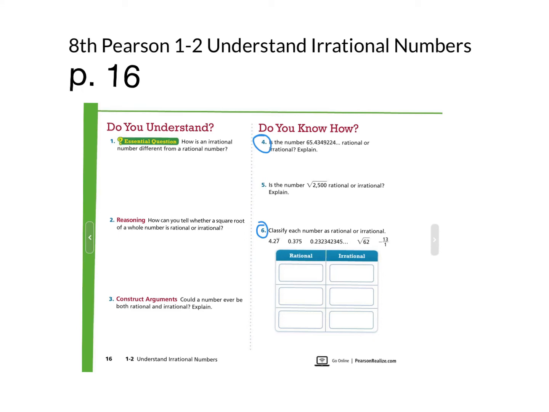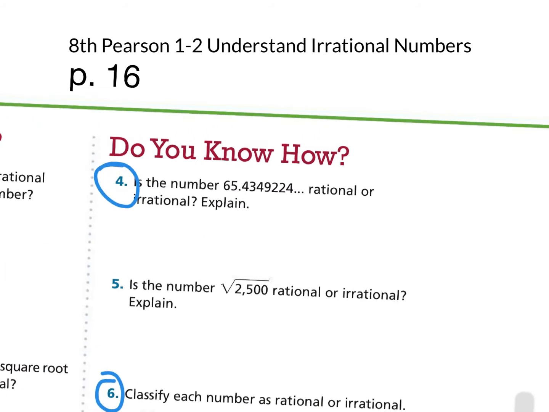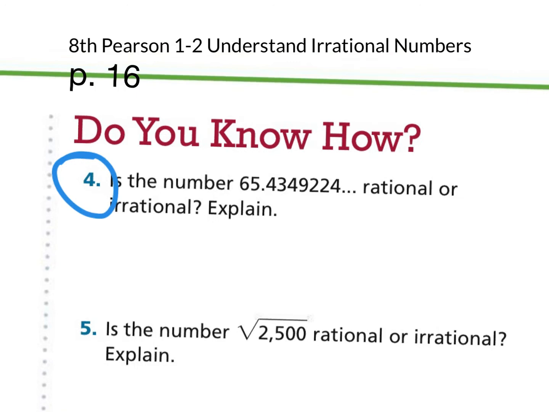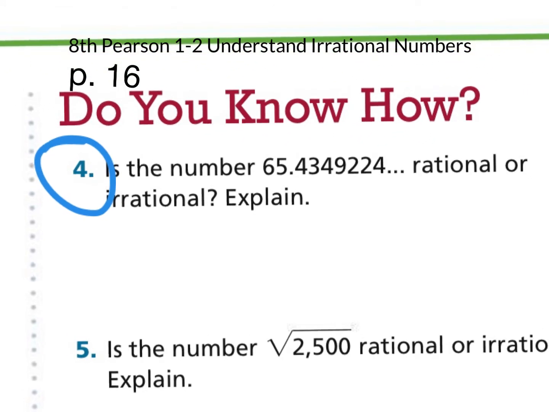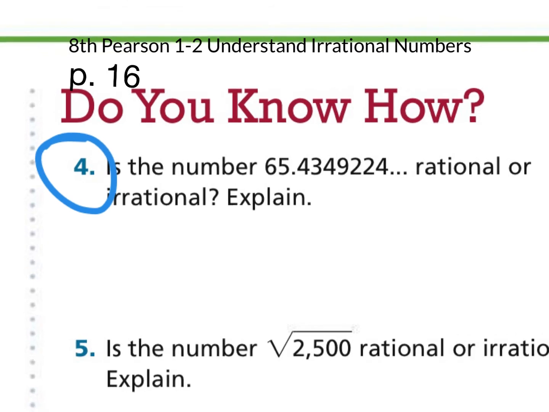Continuing lesson 1-2 on understanding irrational numbers and rational numbers as well. If you look at page 16, number 4, they are asking whether this number is rational or irrational. If you'll notice, we do have some stuff after the decimal point. So the question is going to be,